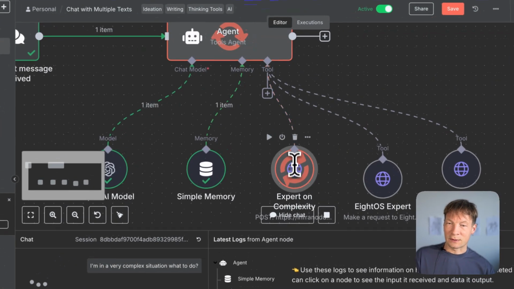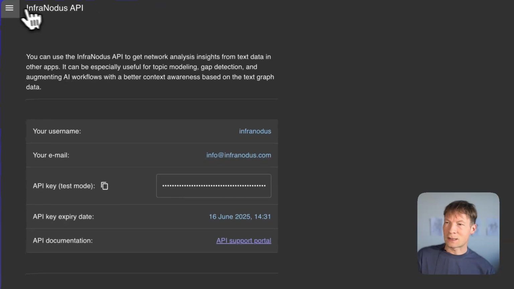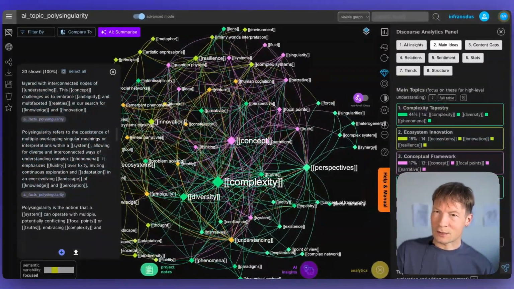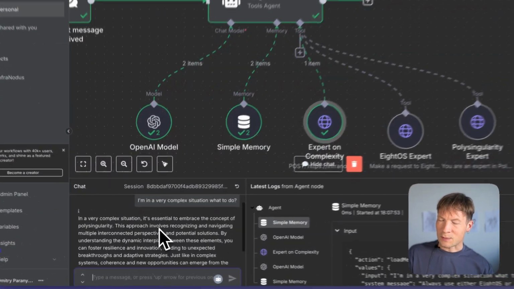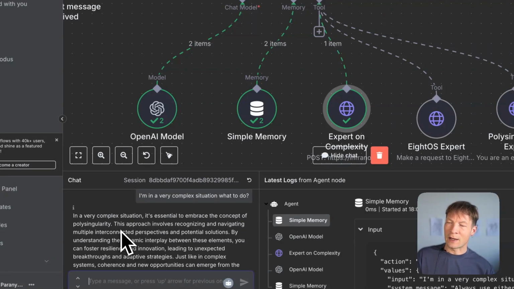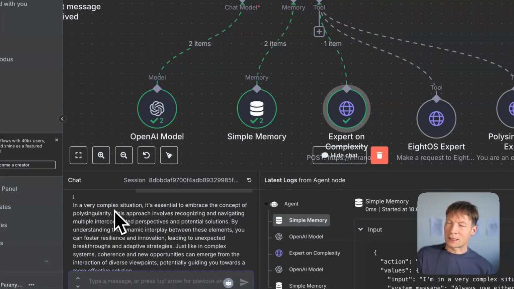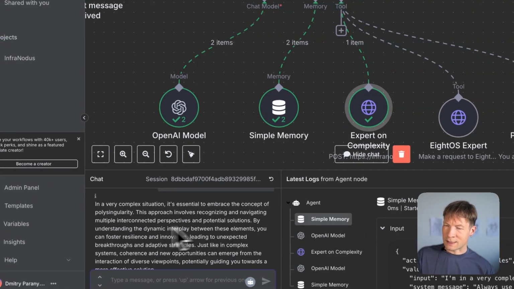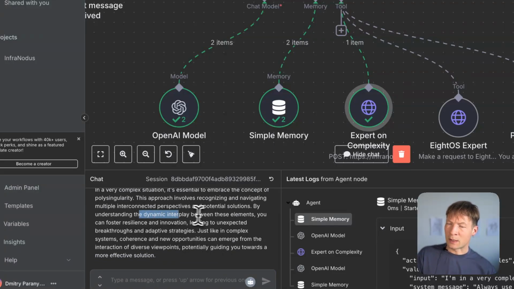It's consulting the expert on complexity. And then it means that it's using this brain to get the response here. Okay, so these are all AI-generated wisdoms on the topic of complexity. And here you see it's providing a much more succinct, direct response on the topic. So here it's telling me how it's essential to embrace the concept of polysingularity because I created that brain based on that concept. This approach involves recognizing and navigating multiple interconnected perspectives and potential solutions. By understanding the dynamic interplay between those elements, you can foster resilience and innovation, leading to unexpected breakthroughs and adaptive